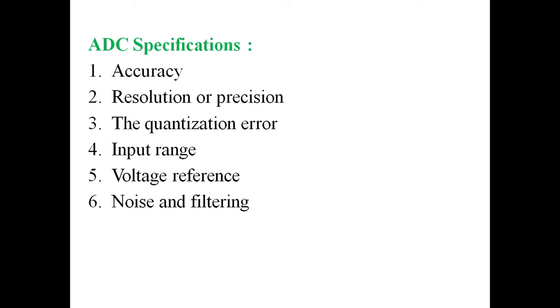Next, input range. Suppose our application supports only 1 volt to 3 volts for detecting and converting, but the input voltage is 0.1 volts. Both are mismatching, so we need to amplify the input signal based on the ADC device's conversion range. Similarly, the voltage reference level for converting into digital. Similarly, it requires noise and filtering circuits. How much noise is eliminated is also important here.